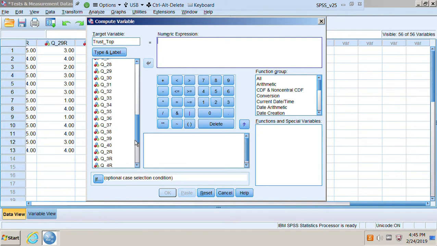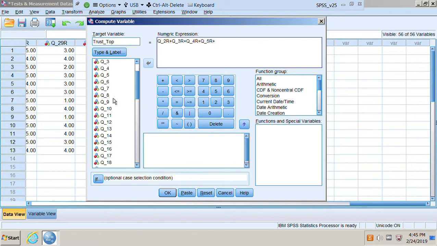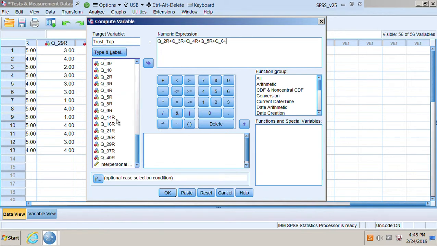So you need 2R plus 3R plus 4R plus 5R plus, remember, regular 6 plus 8R plus 9R plus regular 11 plus regular 13